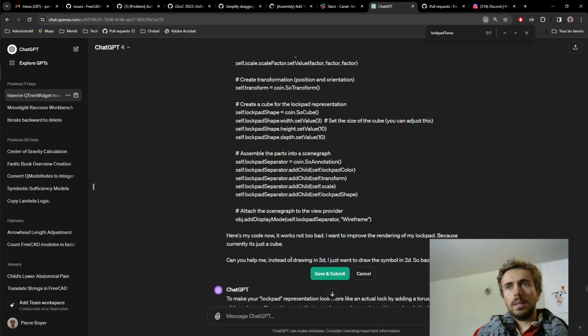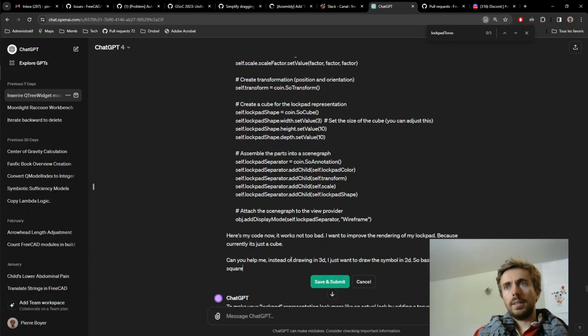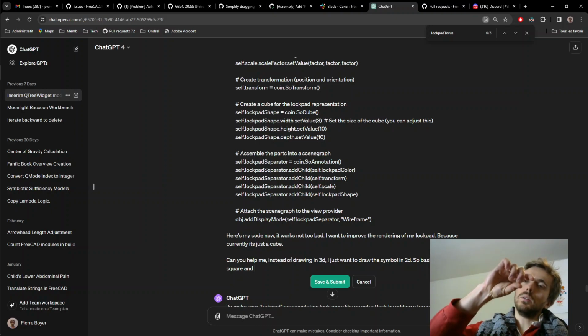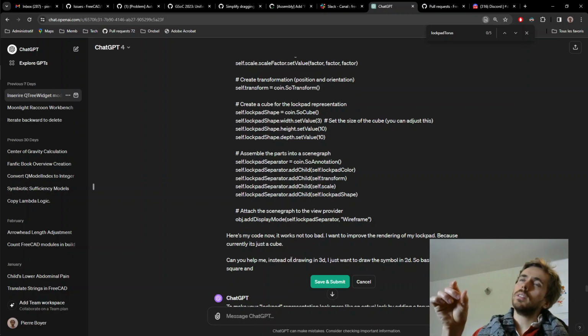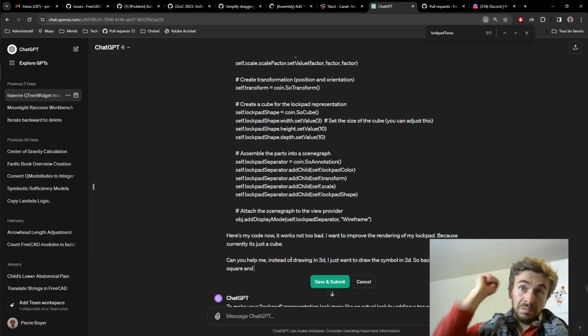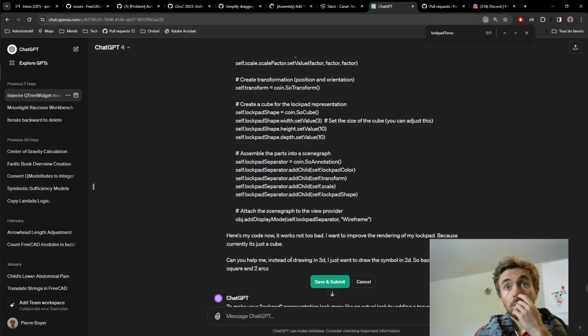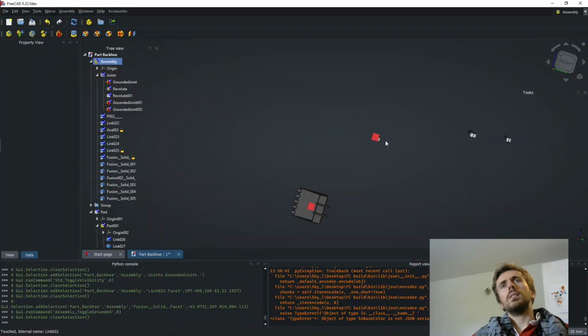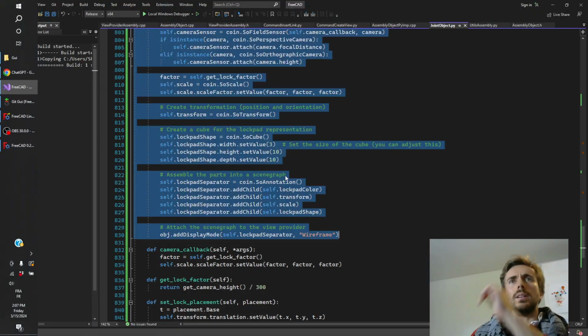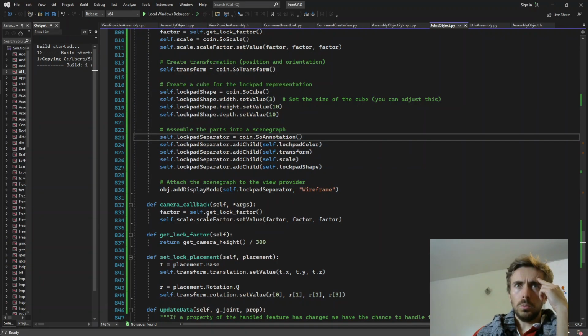So basically a square, and how is that called, like if you have two arcs, you know? Okay, let's see what it gives us, and then we are going to start to think about how to